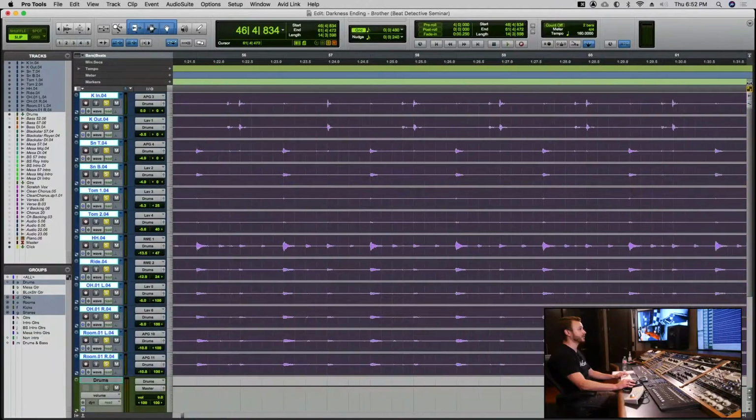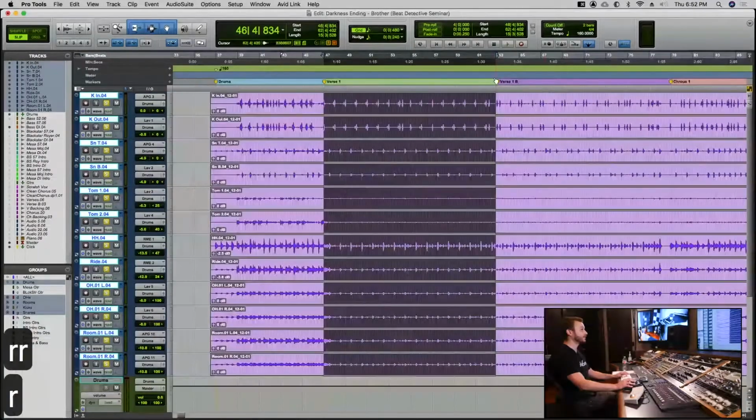I highly recommend using Beat Detective in sections as well. Like, I'm going to do verse 1 right here by itself. I'm not going to do verse 1B yet. You probably could, but the only reason I may not, or I may go forward all the way until I get to these